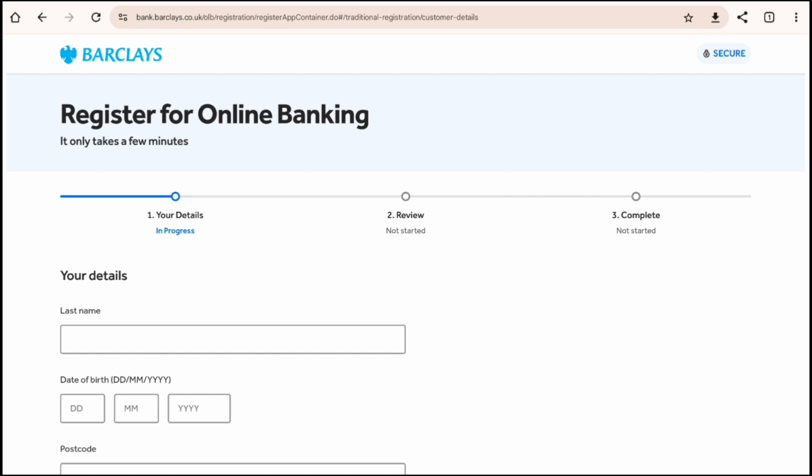And after that, you'll need to complete your application online, and that is basically how you can open a Barclays